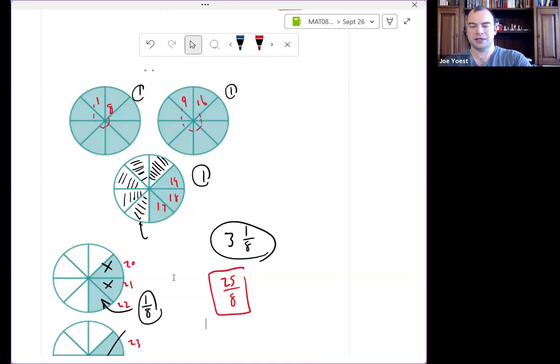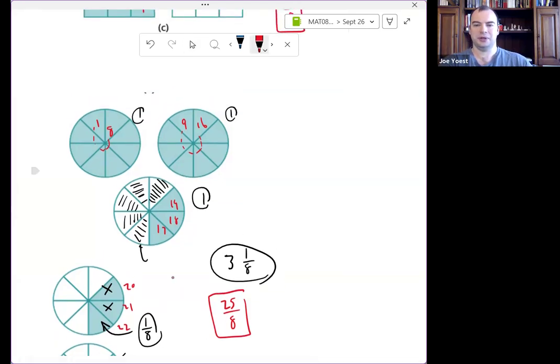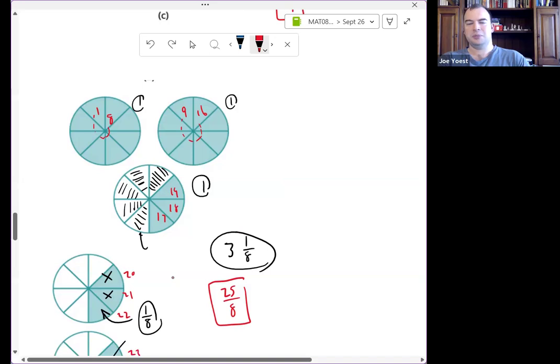If I have a proper fraction, say just a number like 3/8, there's not any whole pizzas there to pull off as a whole number in front. A proper fraction just kind of pretty much has to stay a proper fraction. We might be able to make it into an equivalent fraction, 3/8 or 6/16 or something like that. But it has to stay a proper fraction. It can't turn into a mixed number because there are no wholes to pull off and write out in front. But an improper fraction can be converted to a mixed number.